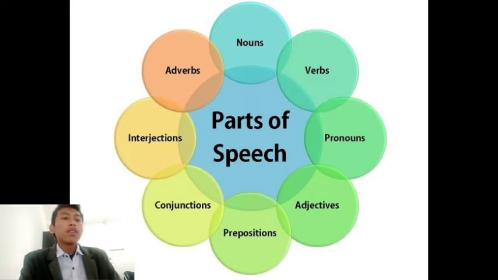The finite verb is transitive and intransitive verb. Action and stative verb is linking verb, auxiliary verb. Linking verb is act, be, look, seem, and taste. Causative verb is get, have, let, make.